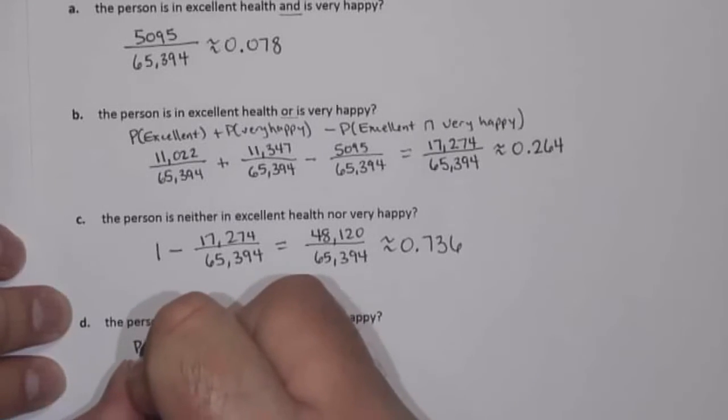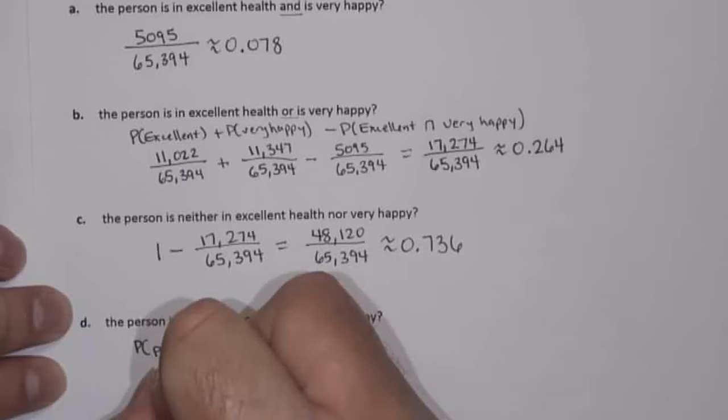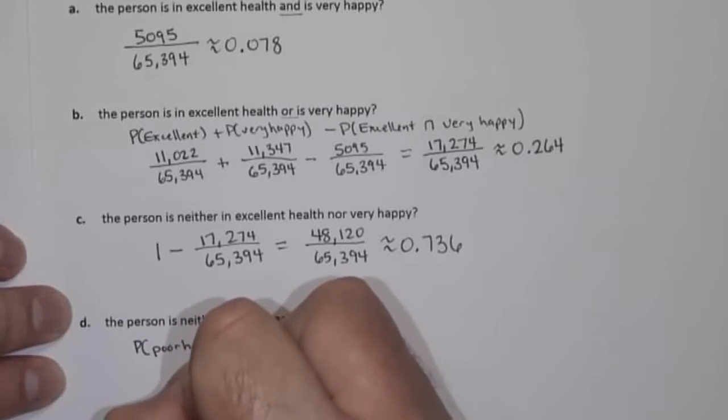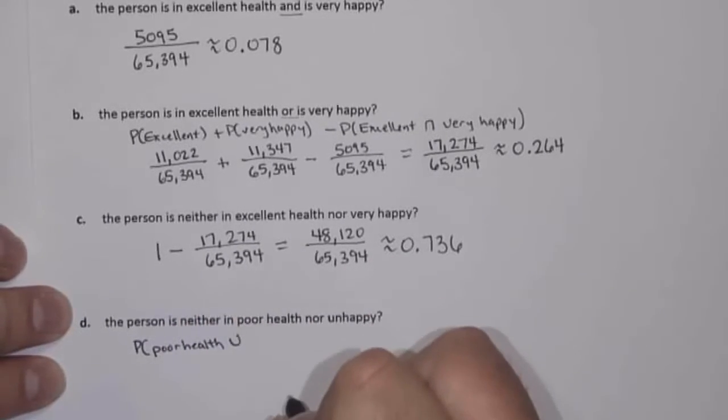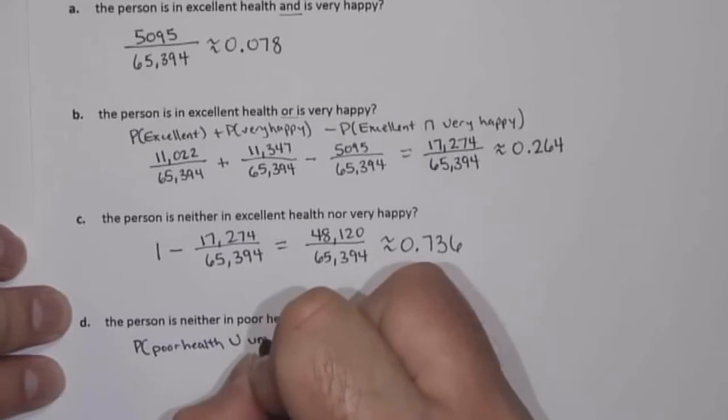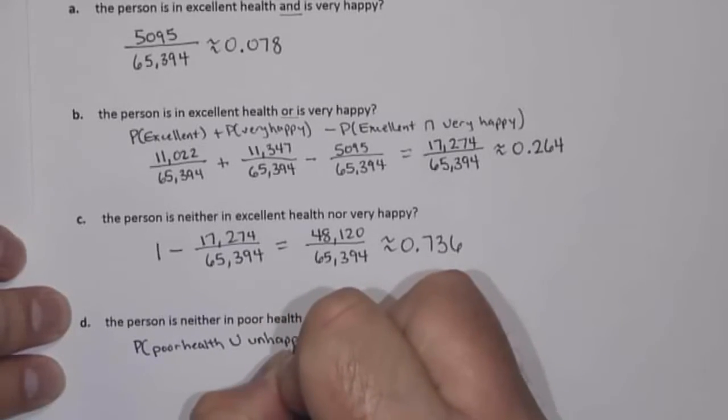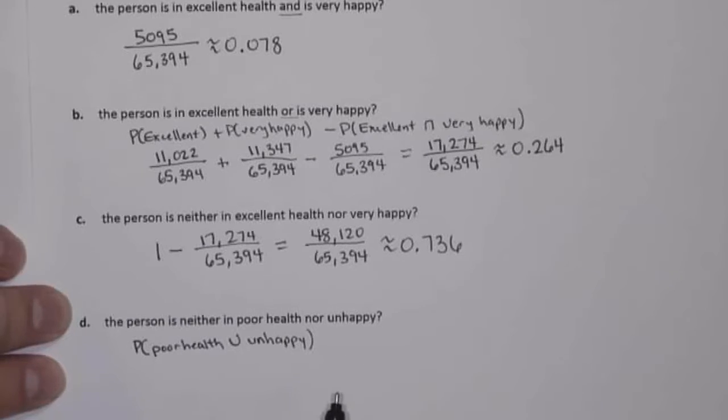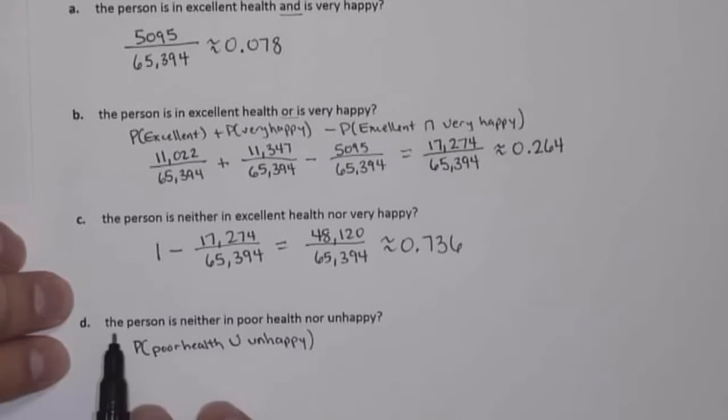So we're going to find the probability of being in poor health, union, or unhappy. So we're going to figure this out, and then the answer to our question is going to be the complement